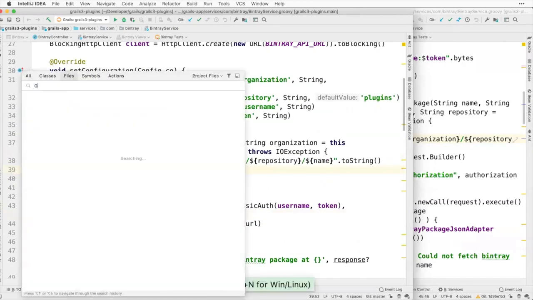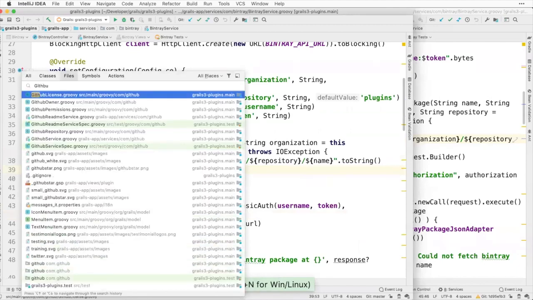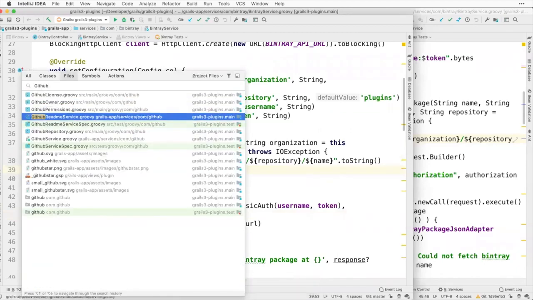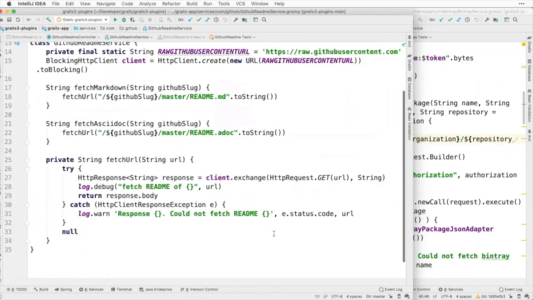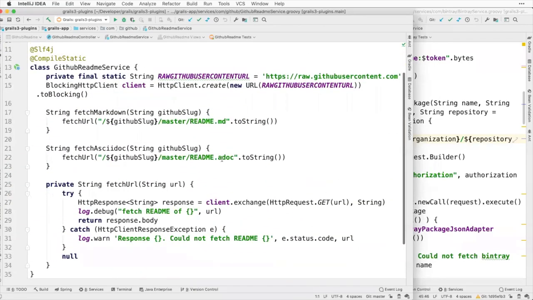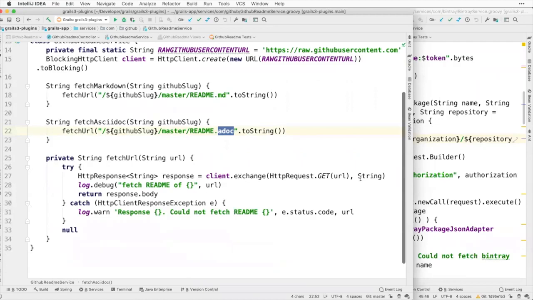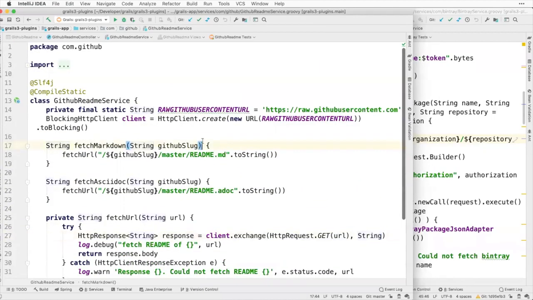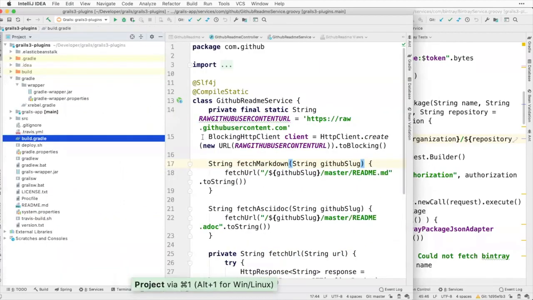I've done this change for several services. So we have this change in the GitHub service as well. This service basically fetches the README file or the AsciiDoc file from GitHub. It's a string, and I believe I have